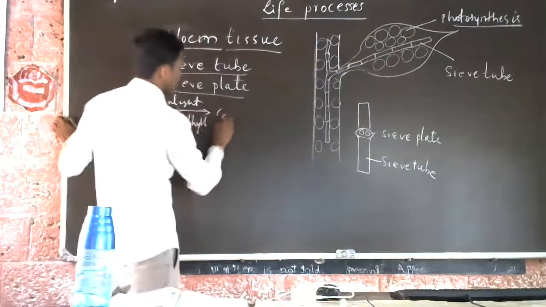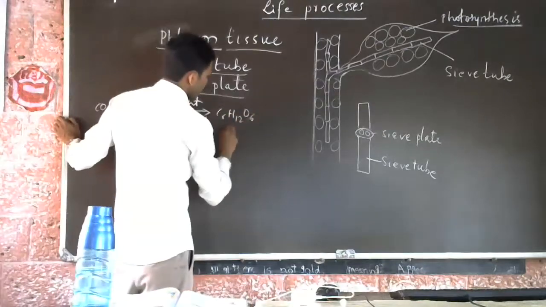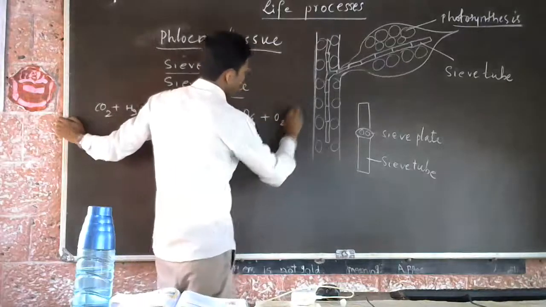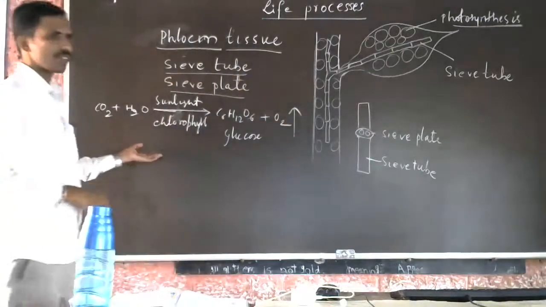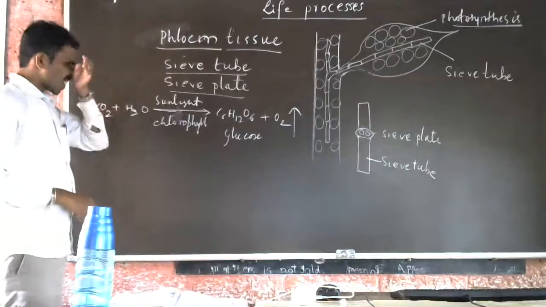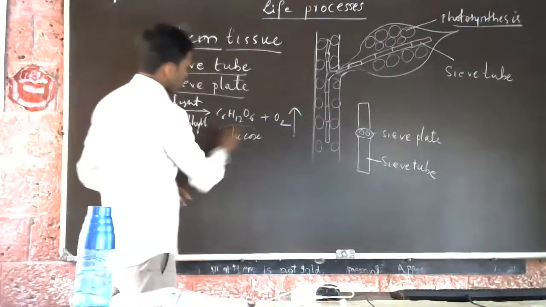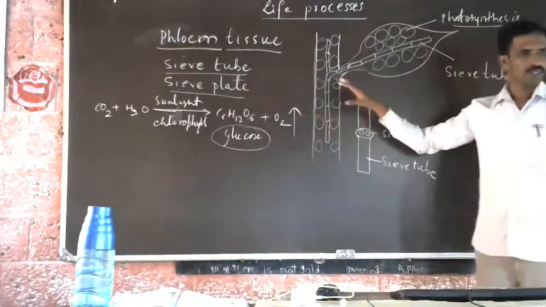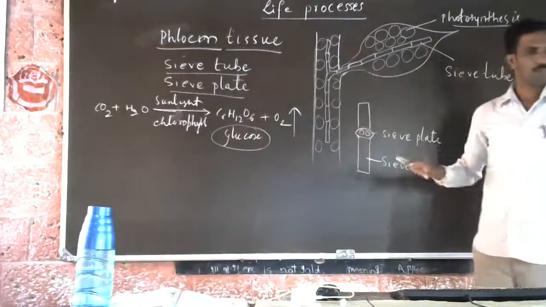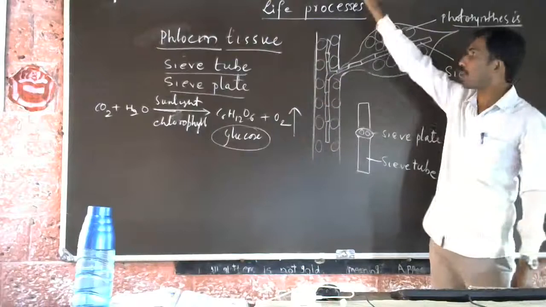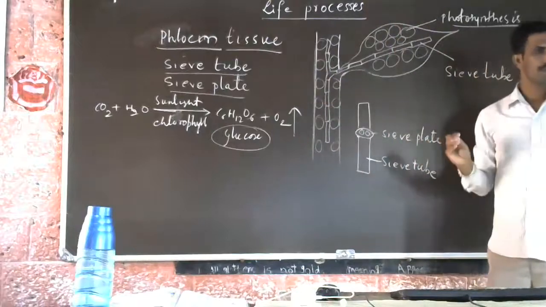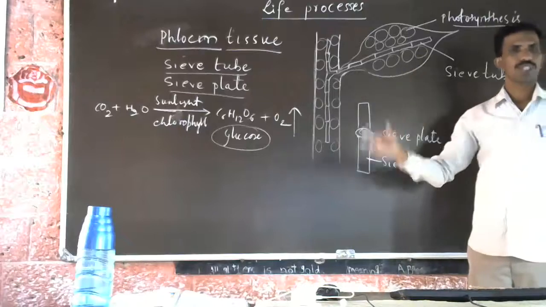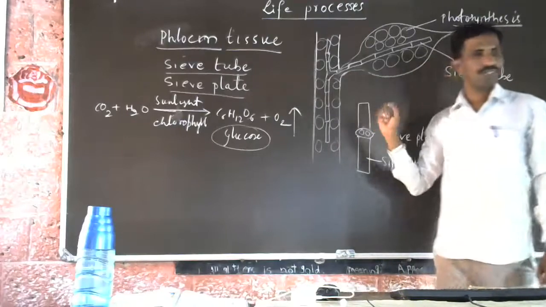Chlorophyll produces C6H12O6, that is nothing but glucose, and oxygen is released during this reaction. This is photosynthesis. You already know it. So after the photosynthesis, glucose is prepared. That glucose has to be transported to every part of the plant body, even to the roots, even to the top of the plant, the aerial part. That may be the fruit if you take. So fruits also have to be supplied.